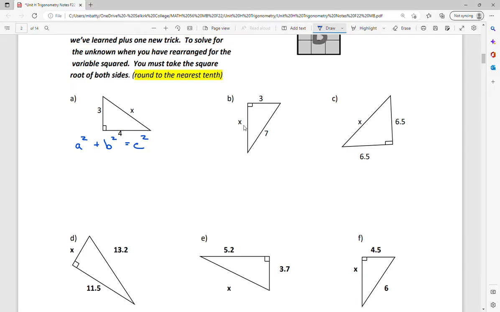And I can take and sub these in. X is going to be my hypotenuse, right? That's the place of the C. That's what the sum of the other two sides squared is going to equal, the square of the hypotenuse. So if I put in the numbers that I know,